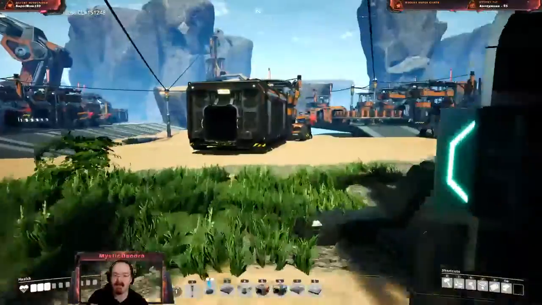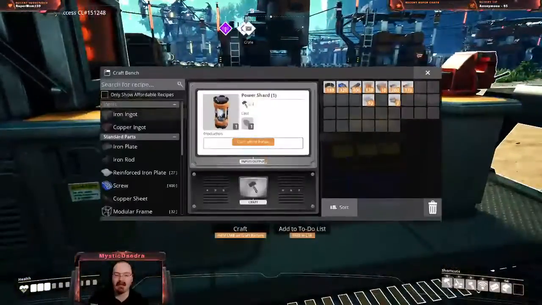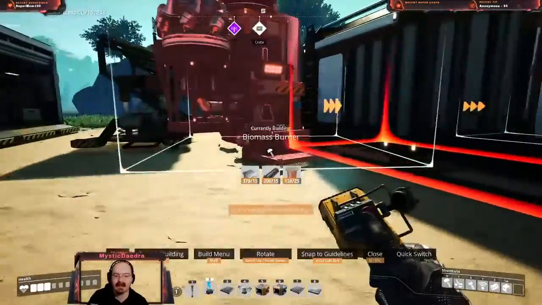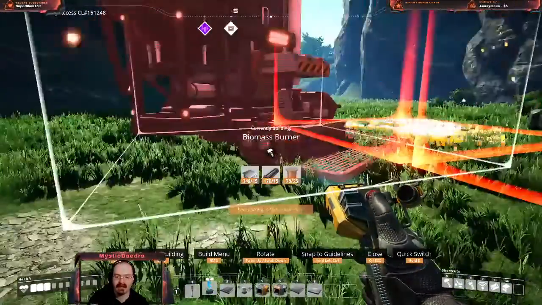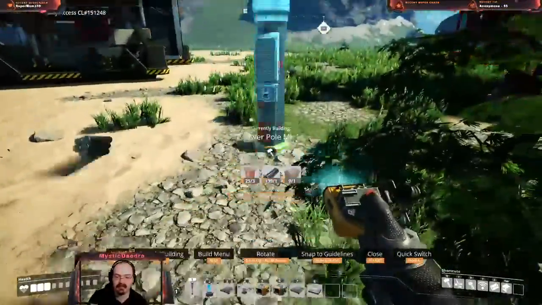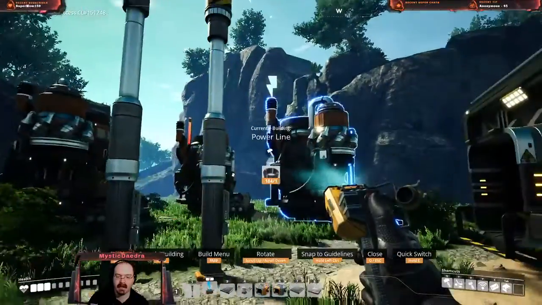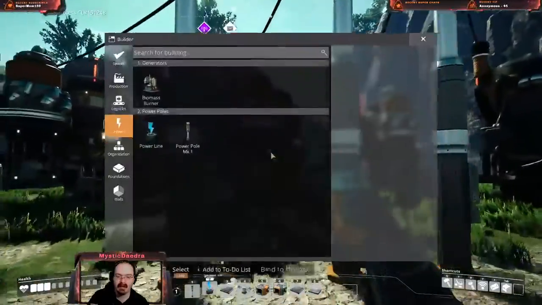Getting the power situation sorted out might be the next thing we work on after we start getting our main setup going. I think I can get by with what I'm doing here, but it's manual. It's not terribly efficient. I mean, they only give like 30 megawatts a piece, right? So let's do that, and then we can do that, and that, and that, and that. And then we just need...